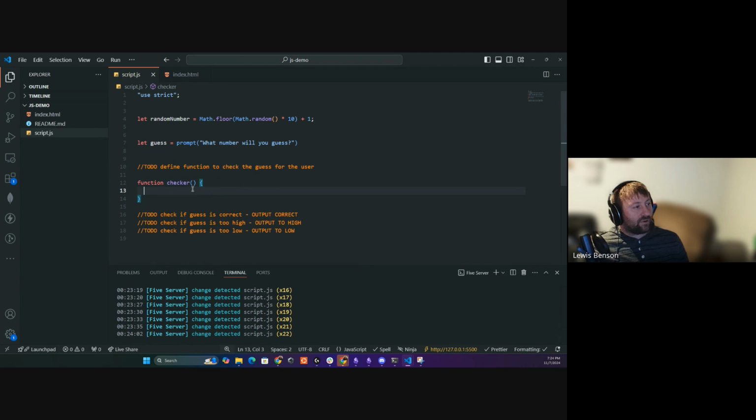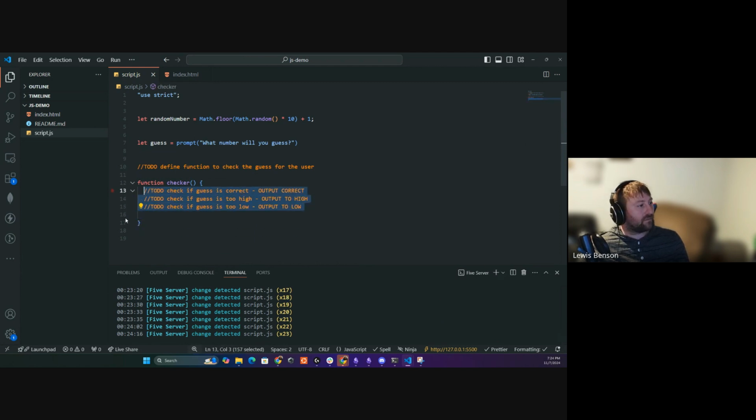So our checker function can use these variables up here, so we don't need to pass parameters to it. I'll just have it use them. Let's move these into the function now. And I'll put a little bit of space between them so we can work on each one. So first thing we need to do is to check if the guess is correct. So we're going to say if random number is equal to